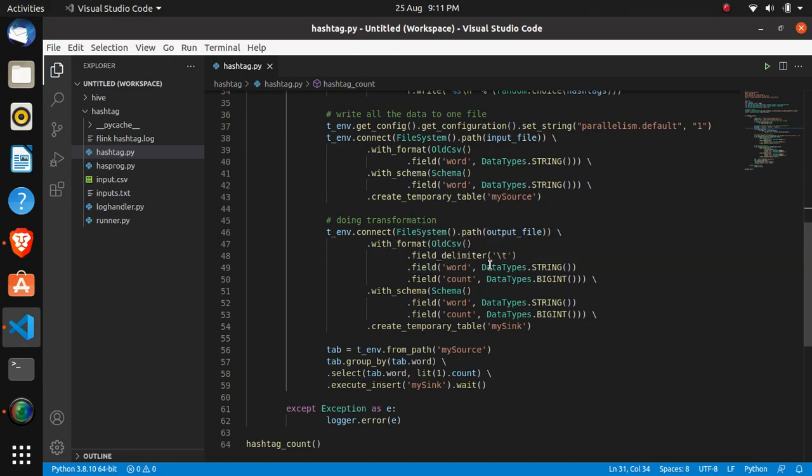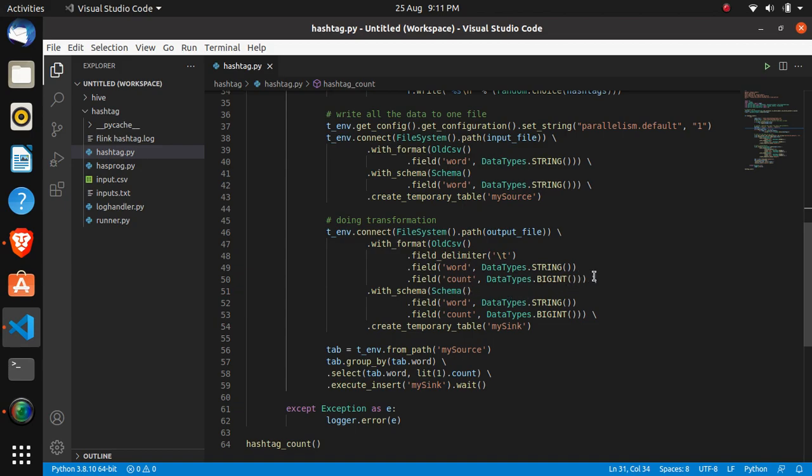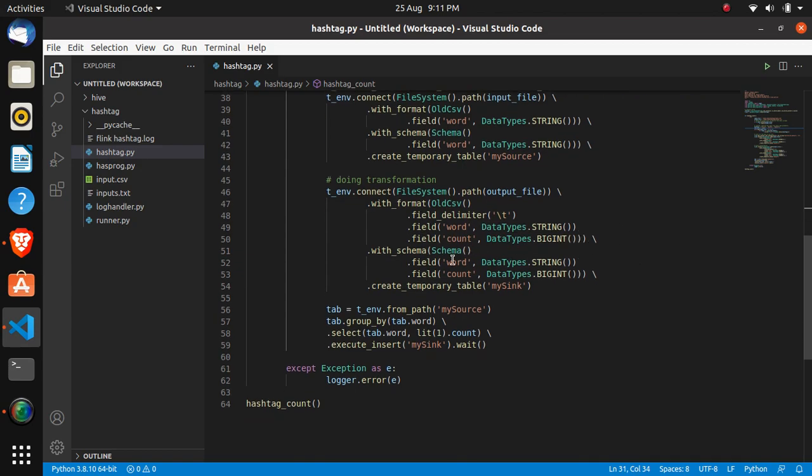We will be creating the delimiter, that is one tab space between our word and the count. And here we have to provide our word and count header, and for word we are using string, and for count we are using integer value. And here we also have to provide our schema for this temporary table, and here I have created my sink as a temporary table.